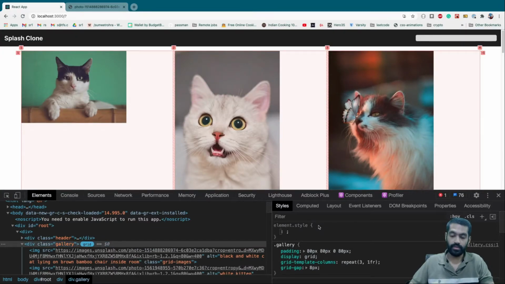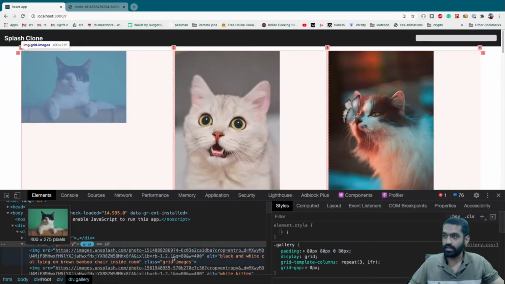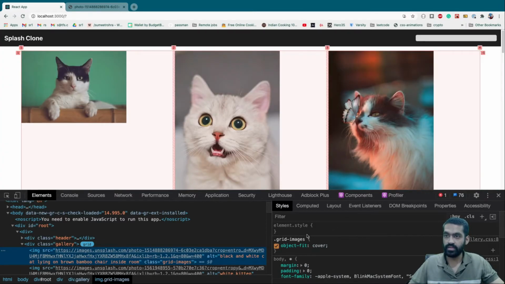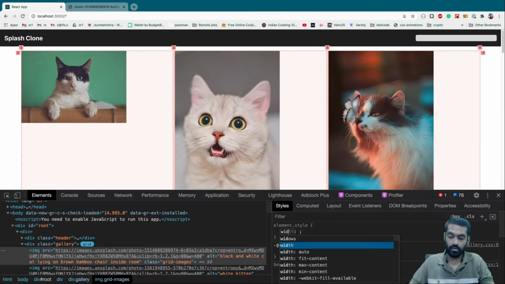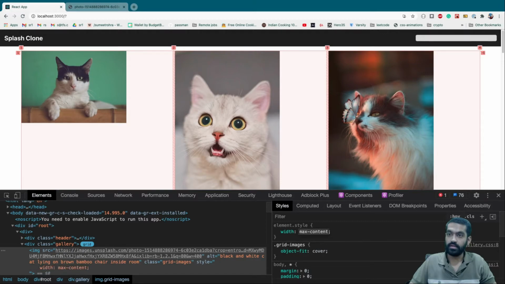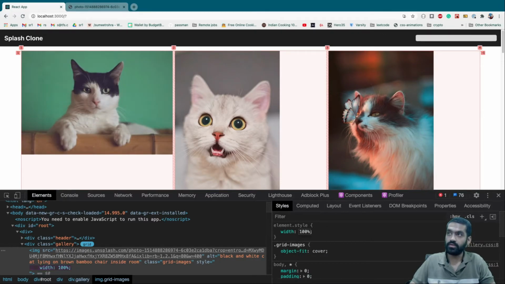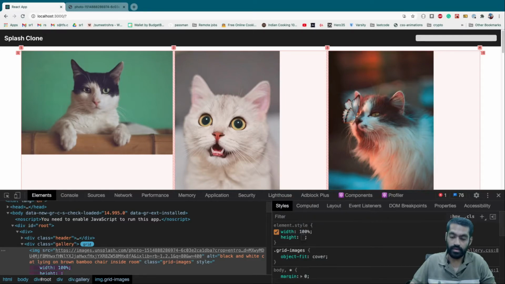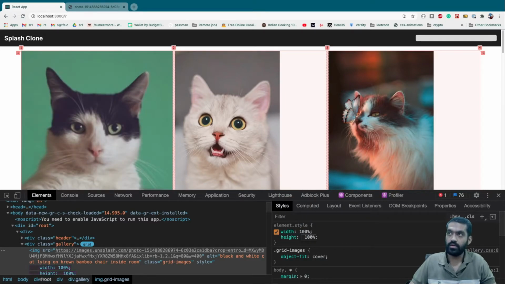So inside element dot style, for the gallery. No, not for the gallery. Let's go here. Object fit cover. We already have. Width max content, not max content. Let's do 100%. Okay, and height, let's do 100%. Okay, and because we have object fit cover, everything just fits.